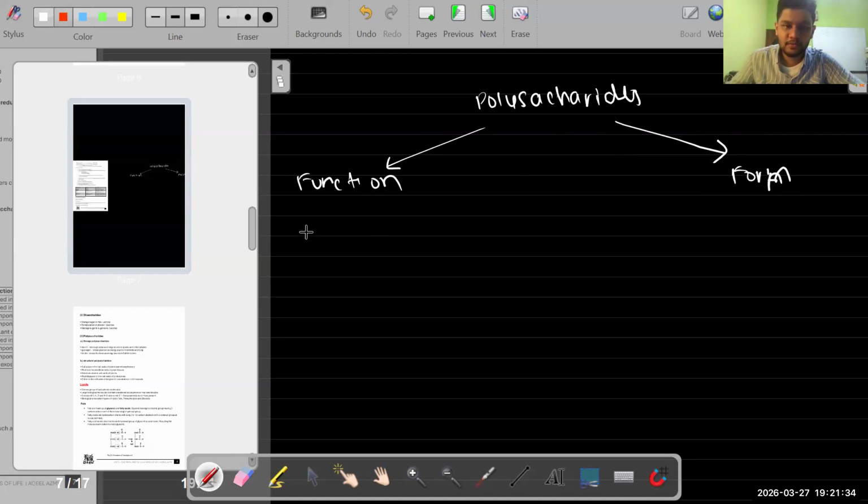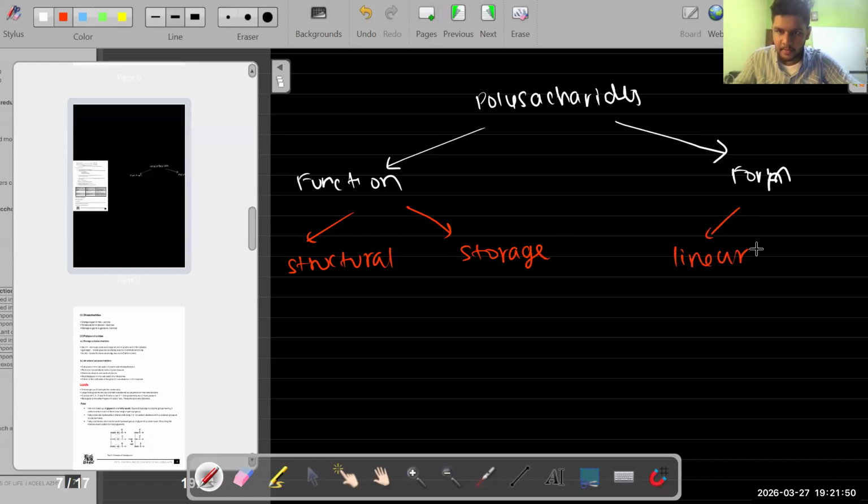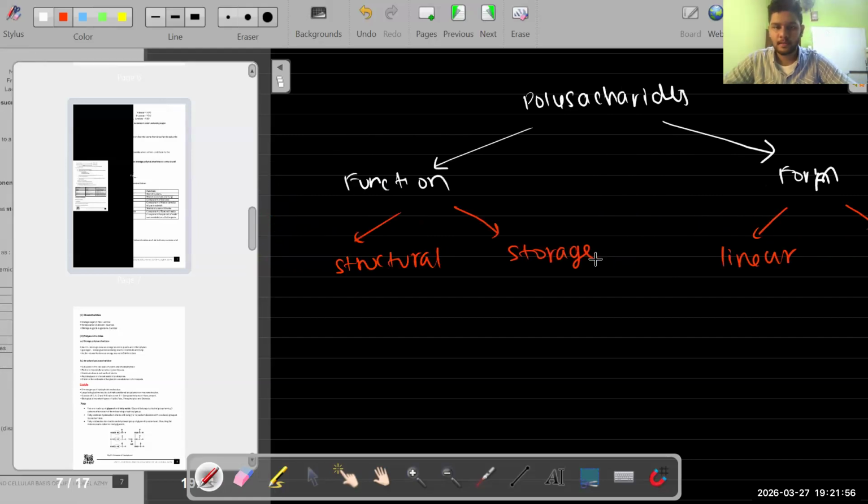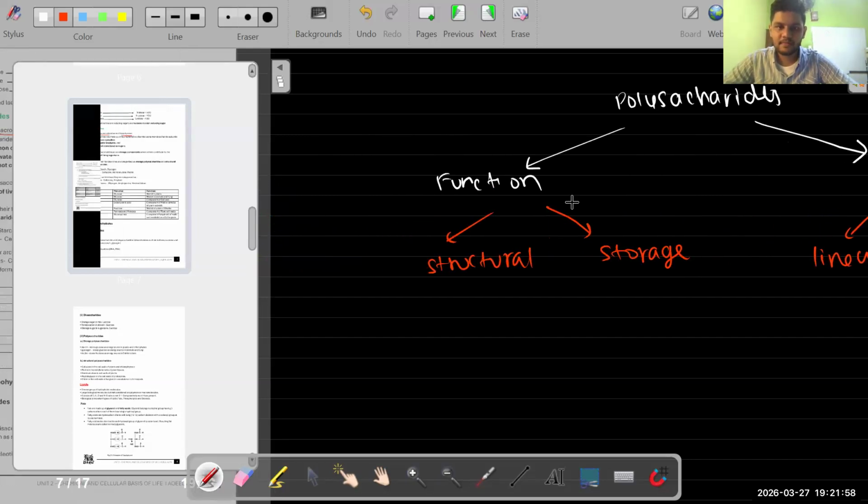So depending on the function, it is classified into two: structural and storage. If you see form, it is divided as linear and branched. So in structural polysaccharides, we have certain examples. Let's see what they are. First one,